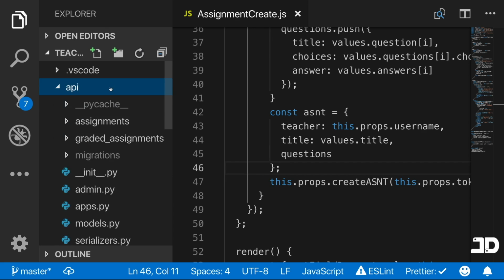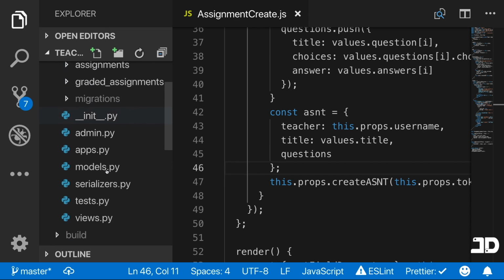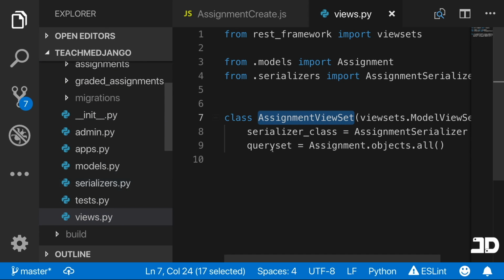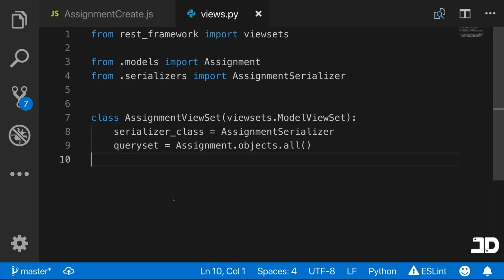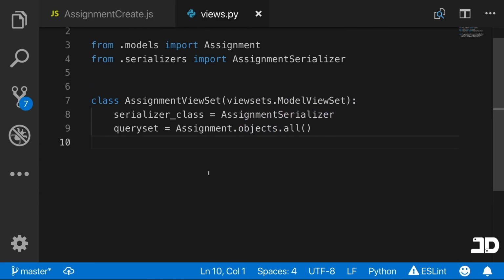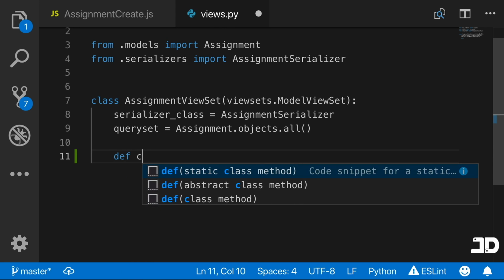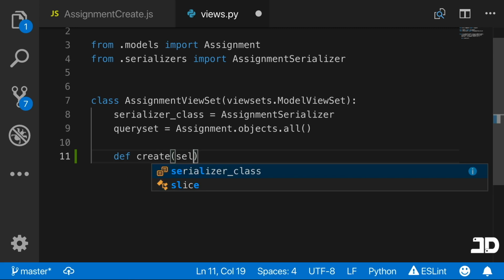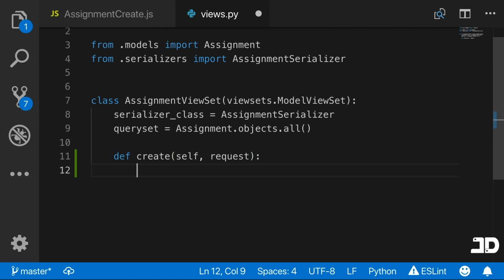So let's go to API. And we're going to need to go to our views. Here we have the assignment view set. And so basically you can actually override the methods on a view set. And you can check that in the documentation of the Django REST Framework. So for example, if you wanted to override the create method, you could just say define create, which takes in self and a request. And the basic logic that proceeds when the create method is executed is that it uses